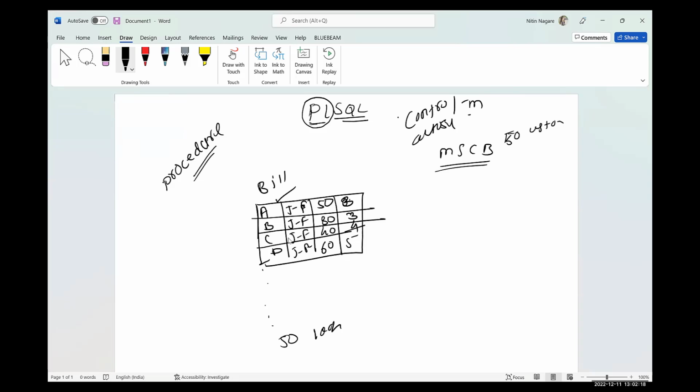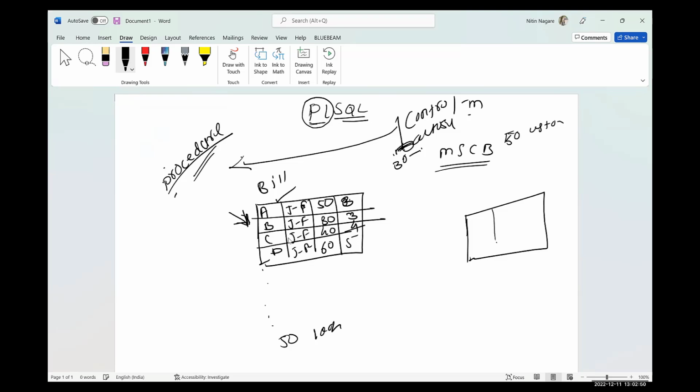Okay, this job executes every month, so we can schedule the timing of this job as well. MSCB schedules this job timing. So MSCB said, okay, on the 30th, the last day of every month, these jobs will execute. These jobs will call this procedure, and this procedure will calculate the usage and billing amount of every customer, and will prepare one report. And this procedure will again put the data into the next table, and on the basis of this table, we will generate the actual bill.